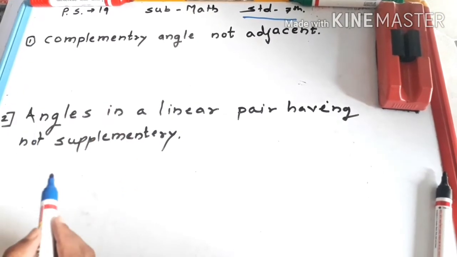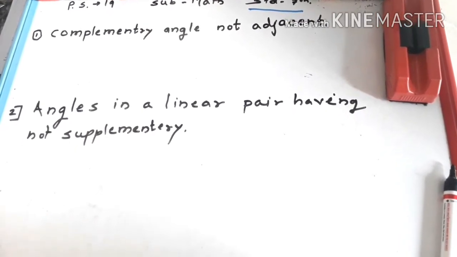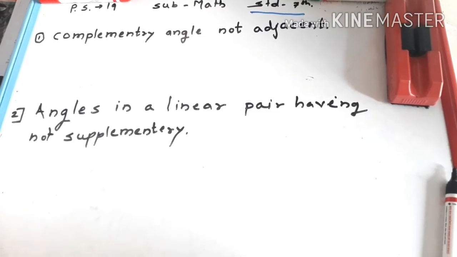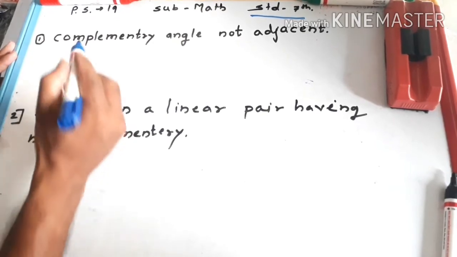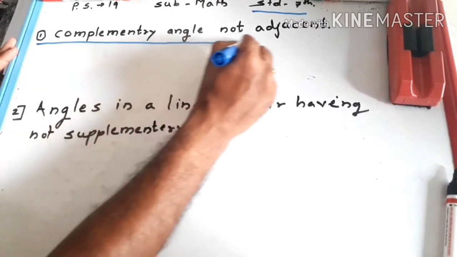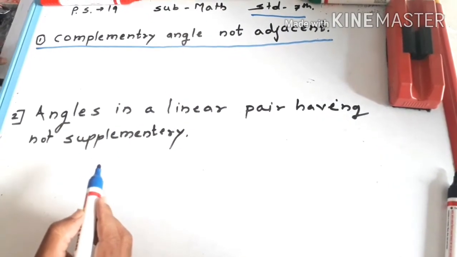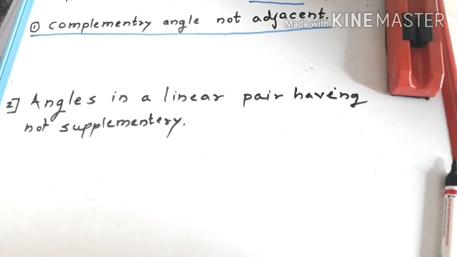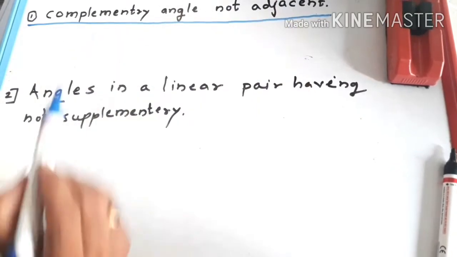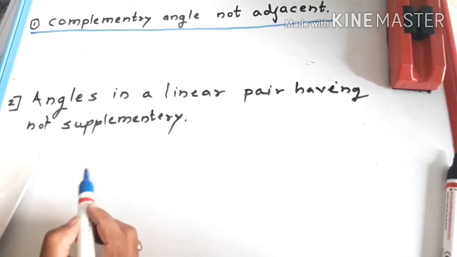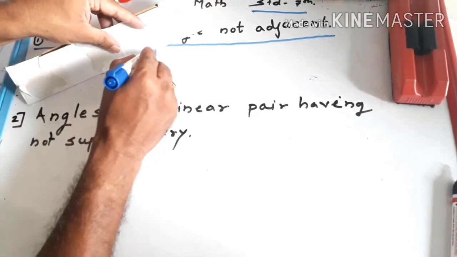The first example is that the question is: first of all, draw a pair of angles as directed below. If that is not possible, say why. So the answer is that according to this sentence we draw a pair of angles, meaning two angles we must have drawn. The first sentence says: complementary angles, not adjacent. Complementary angles means two angles having their sum equal to 90. So this we can draw here.